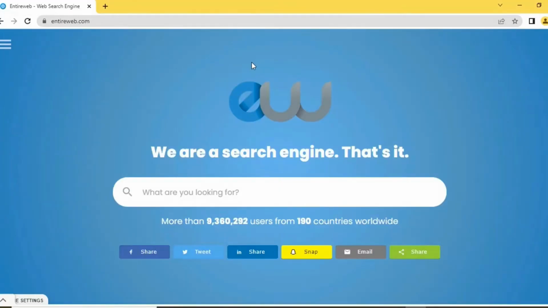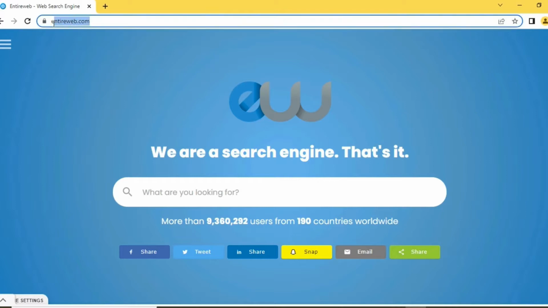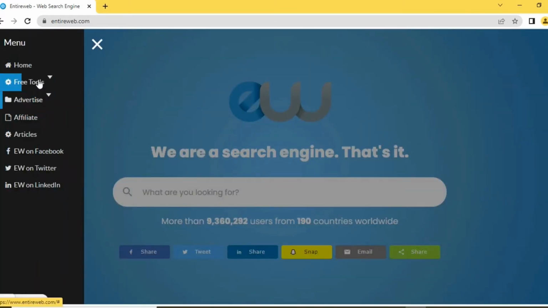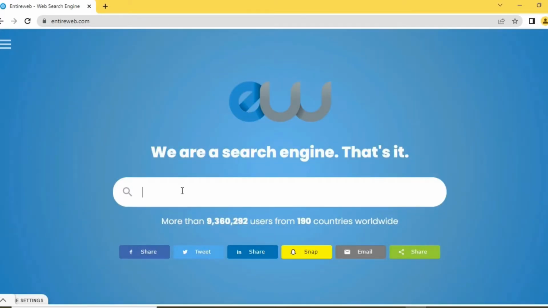To get things started, let's go to the entireweb.com domain. The entire web is essentially quite similar to Google in terms of functionality. Basically, the site's revenue is generated through PPC, or pay-per-click. This implies that even if no action is taken when someone clicks on your referral link, you will be compensated for that one click. However, they are new and gearing up, and it is for this reason that they are rewarding everyone who can create clicks that would direct them to this website. Essentially, they want more people to click on it so that they may increase the number of visitors on their website and so increase their earning potential.